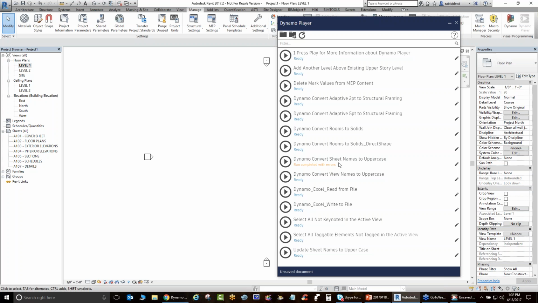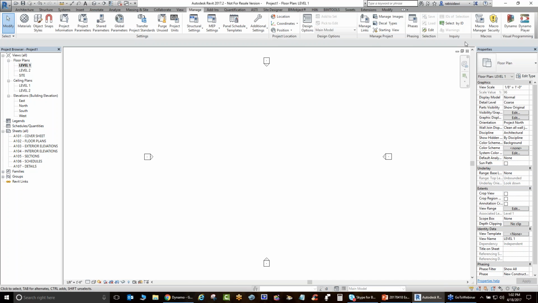And you may have some errors depending on the situation, because it may be looking for a value or parameter that I don't have. Anyway, that's changing the sheet names to uppercase inside of the Revit interface. Let me close this one down and let me switch to